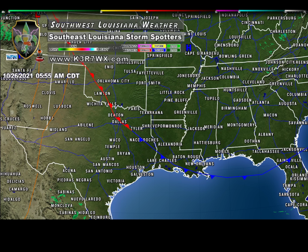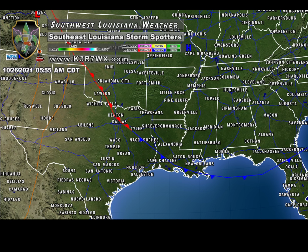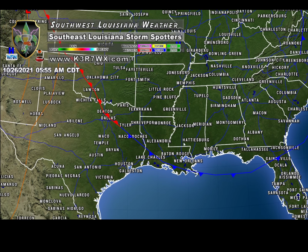And as we take radar off here, there are dense fog advisories in effect, mainly along and south of the I-10 corridor in southwest Louisiana. I haven't checked in southeast Louisiana, but you guys know if you're under a dense fog advisory or not in your areas. But anyways, let's go take a look now at